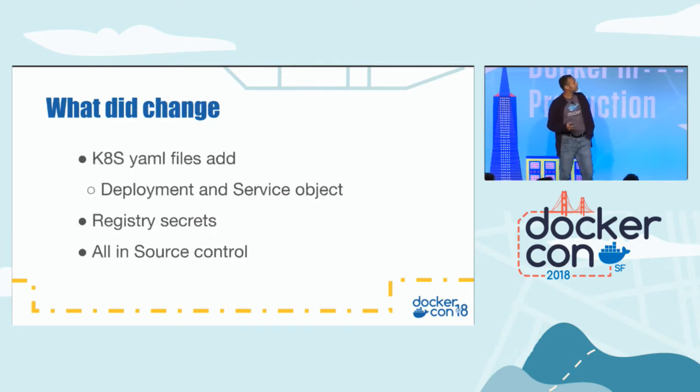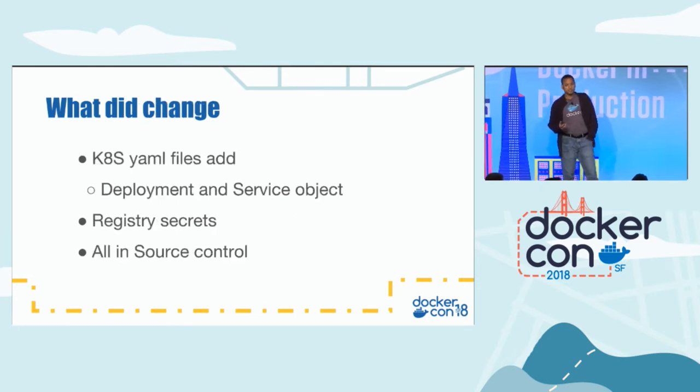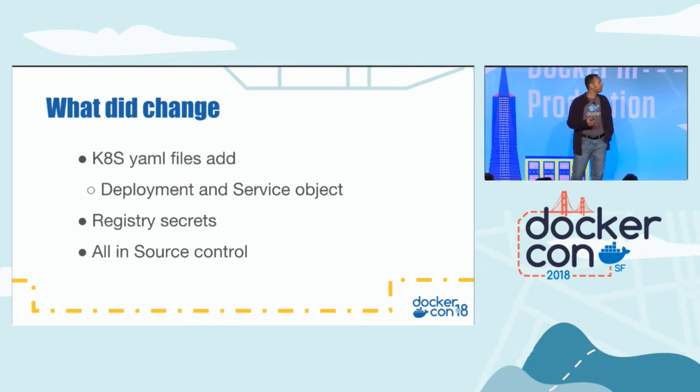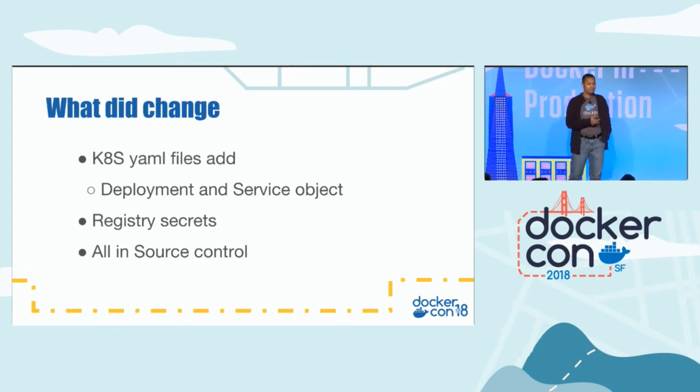So what did change was, obviously, we had to add Kubernetes YAML files. As part of the YAML file, we added the deployment object and a service object. I'll explain that in the next slide. We used something called a registry secret. Kubernetes has a concept of secrets, which you can use in pods. One of the special types of secrets it has is a registry secret, which is basically credentials used to authenticate